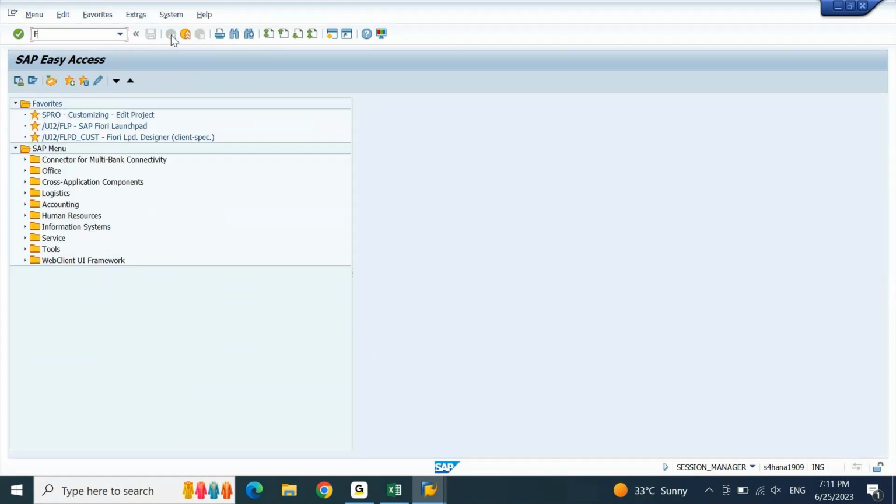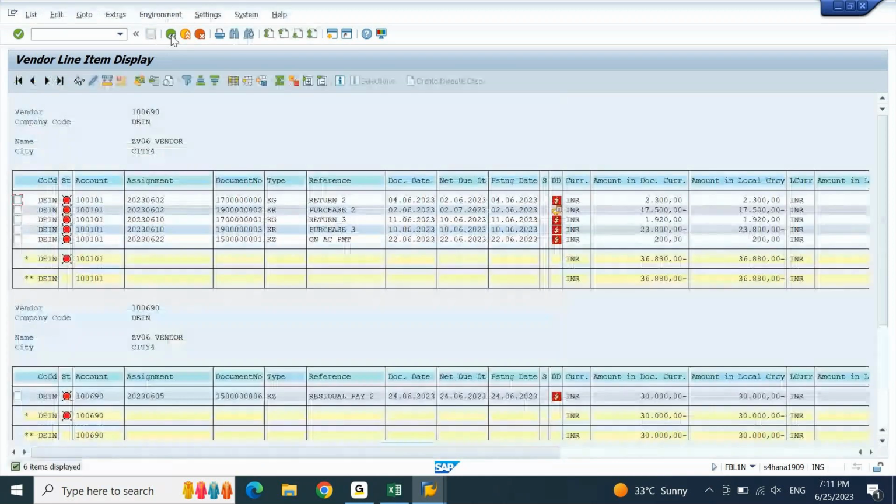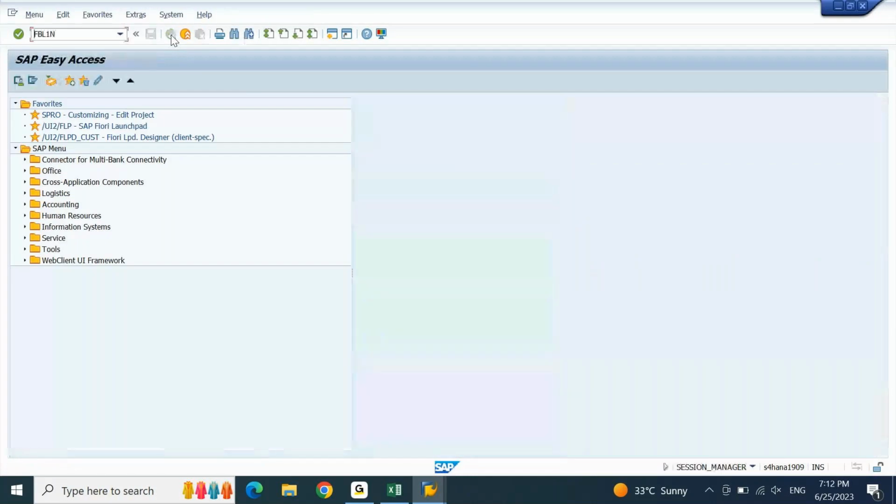If I show you FBL1N vendor for our company code DEIN, this is giving you like this. Each line item it is giving you. For every vendor, based on the number of line items, you get the output. But instead of FBL1N, if I type FBL1H,